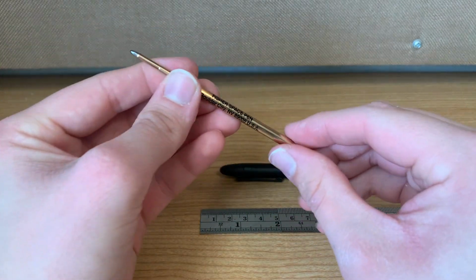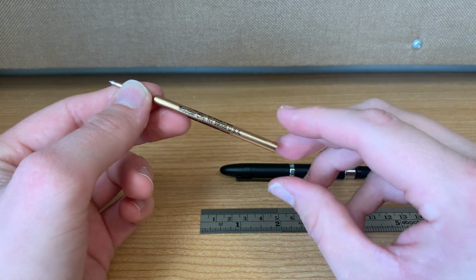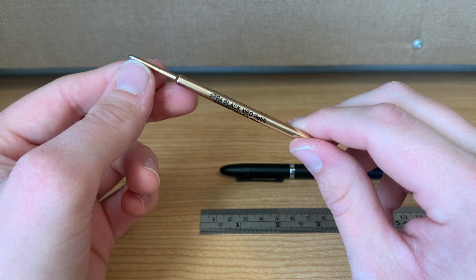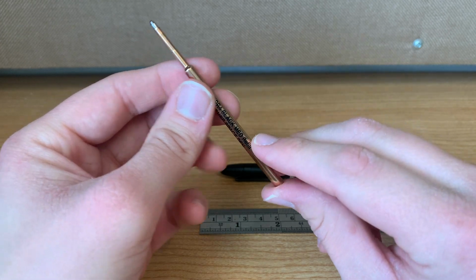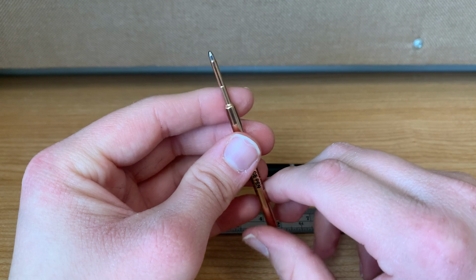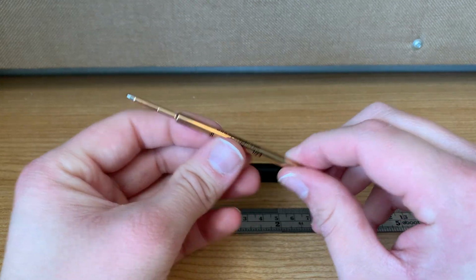Now, with this refill, the reason why I want to focus on this so much, so first up, Space Pens are all made in America, Boulder City, Nevada. So there's that, if that appeals to you. They have a little website, spacepen.com. This one is black, medium, that's the point tip and the size and the color. I believe that it's a 1.1 millimeter. There's fine point for 0.9, and then there's what's called bold for 1.3. I have not tried the bold yet, but I do have a lot of medium and fine,